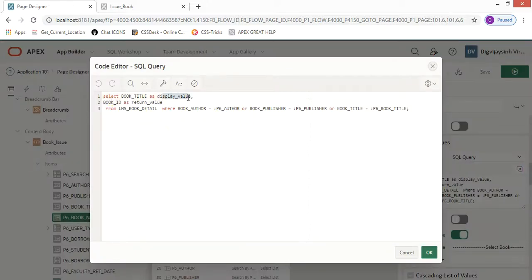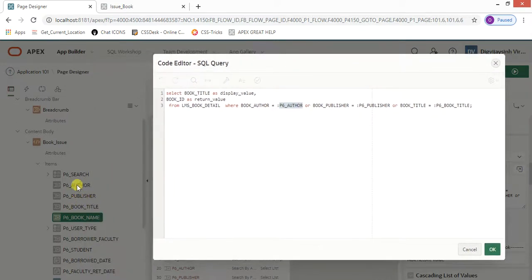select book title as display value, and this will return a book ID, because this book ID we will require in the further processing. So from book detail, book author where the book author is equal to author. Okay, or book publisher is equal to this publisher which has been selected, or the book title will be as book title. Okay,